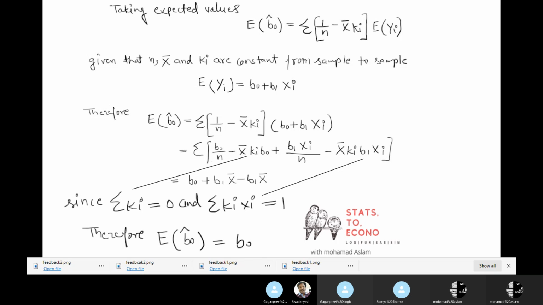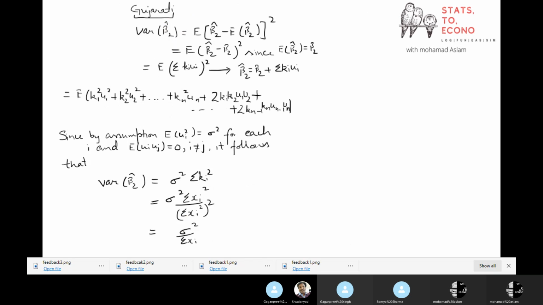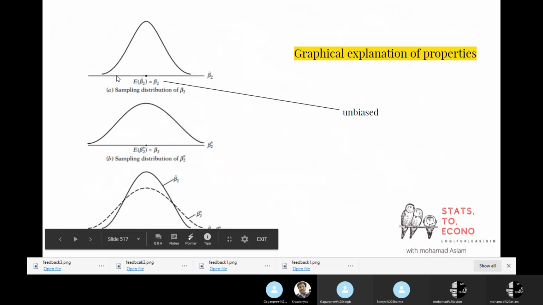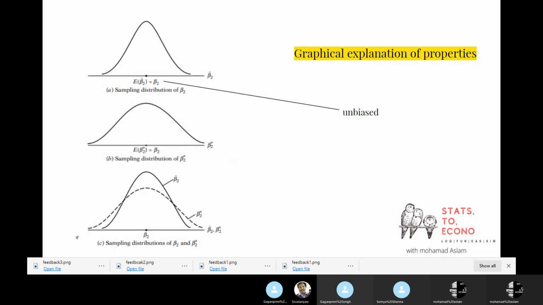It means the expected value of beta 0 hat is equal to beta 0. Graphically, as we did last time, it means that if you have n number of samples and you estimate the intercept coefficient beta 0 hat for each,